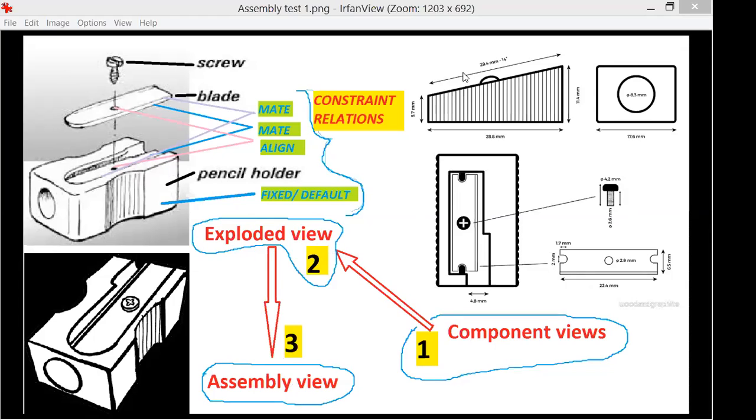Now, I think some of you have seen this top-down video.